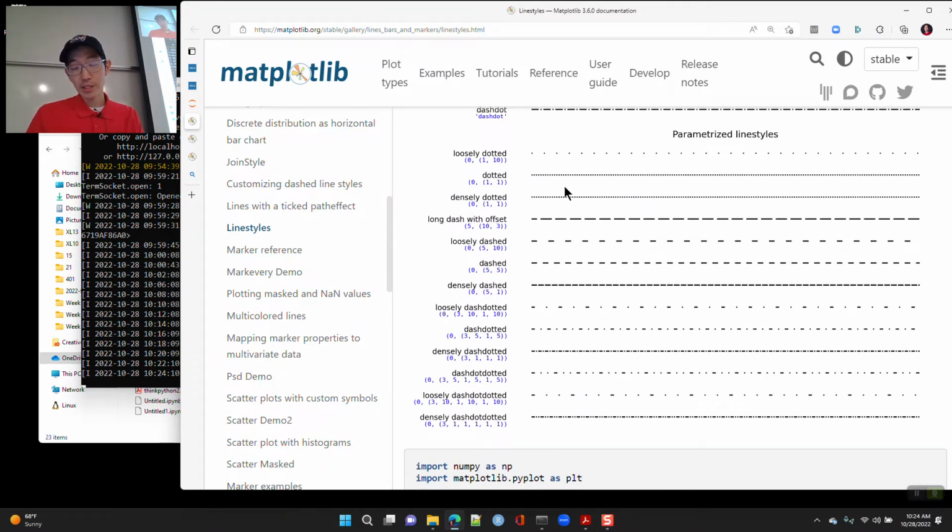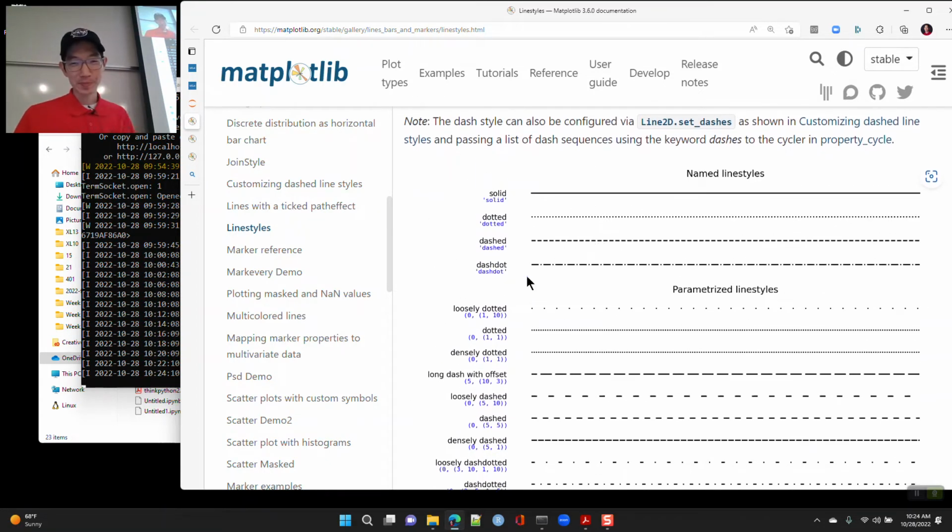Oh, I guess you can have different levels of dotted. Dotted versus densely dotted. Loosely dotted, okay. All right, so you can have different dot densities.